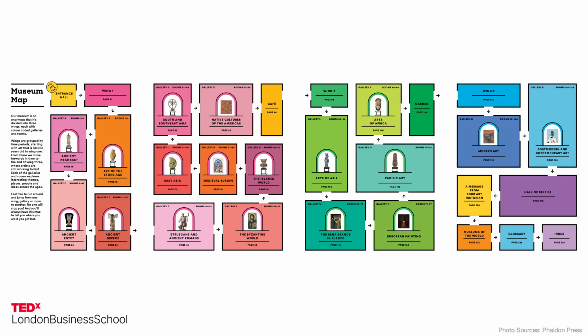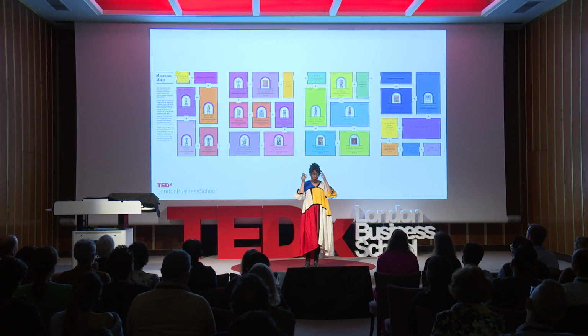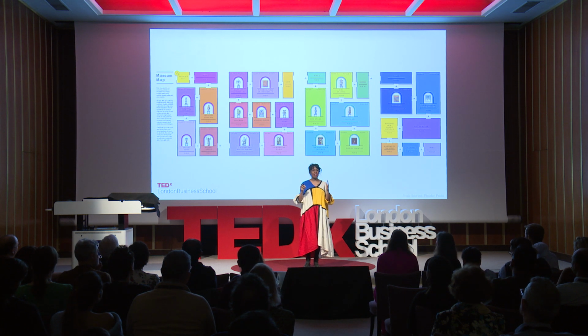Behold, this is the floor plan for my museum. Museums can be organized in many different ways. It can be thematic, it can be regional, it can be by medium. I mean, there are so many different ways you can approach this. But for me and my brain, as I was tackling this project, the simplest thing seemed to be to do it chronologically. And then within that, I broke it down into different regions within areas.